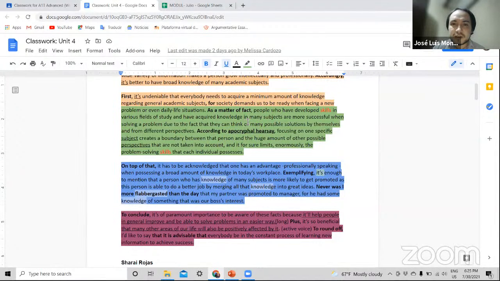For example, this can be marked, all right, due to the fact that they can think of many possible solutions. But what are those solutions? This is vague, for example, right? Because we are not being concrete, we are being vague, and we're not saying what those possible solutions are. This is part of step two, right? Of many possible solutions. This is not, but again, if it creates confusion, it's also a good idea to just